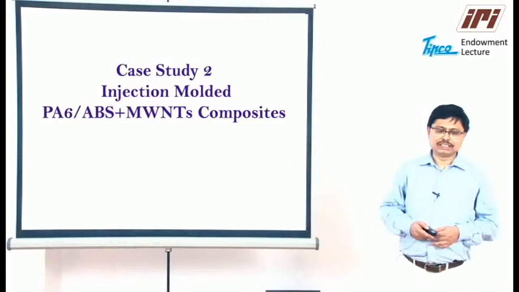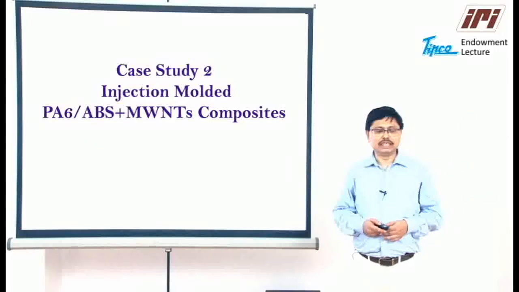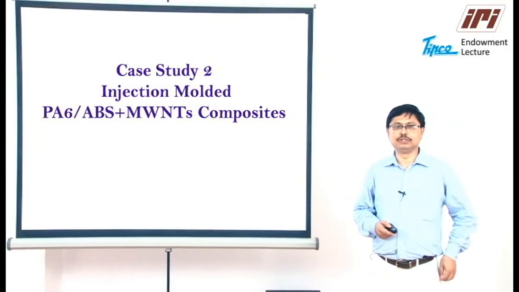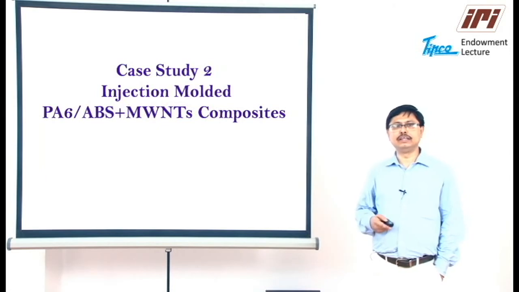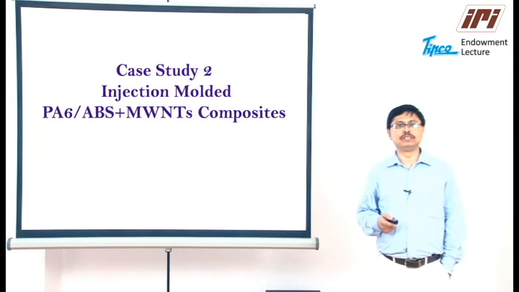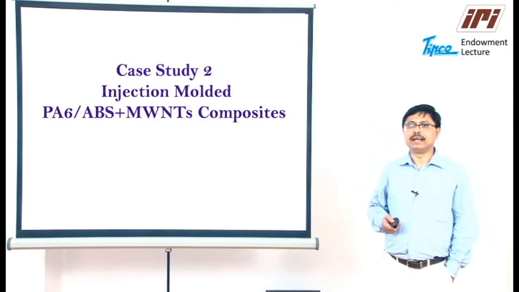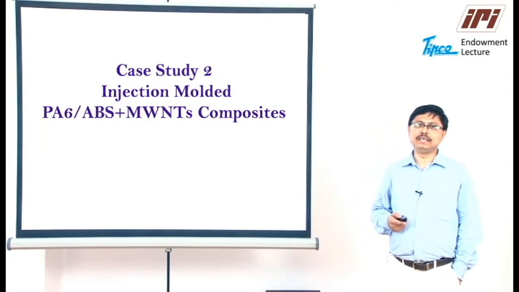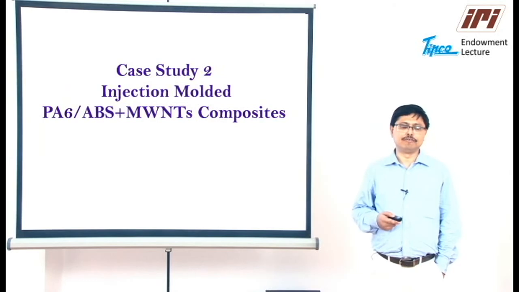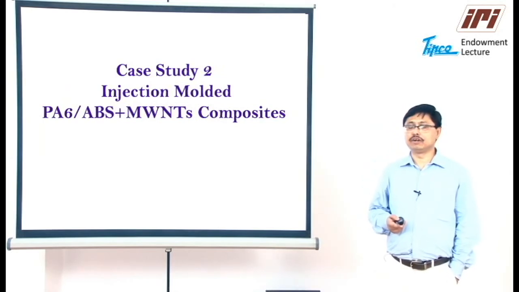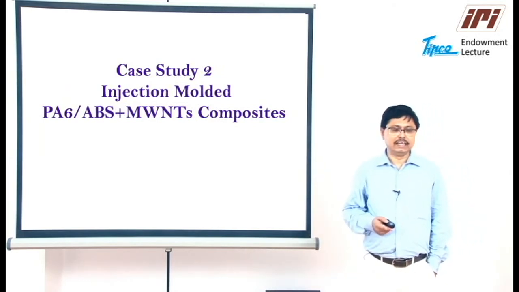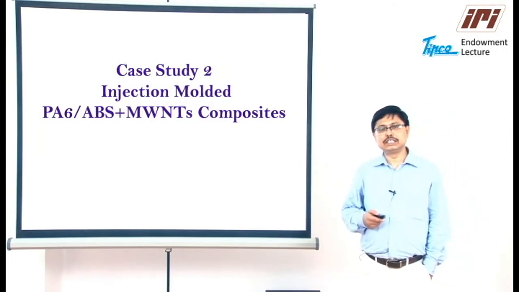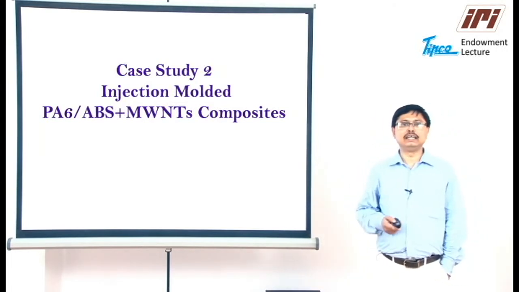Now I am going to the second case study, which involves injection molded polyamide 6 ABS with multi-wall carbon nanotube composites. Before going into the more detailed analysis and experimental observations, let me provide a small background of this particular system. Polyamide-ABS blend is a commercial blend of Triax, and it has a lot of applications in the automotive sector. And we wanted to find out whether we can make these blends conductive by utilizing a